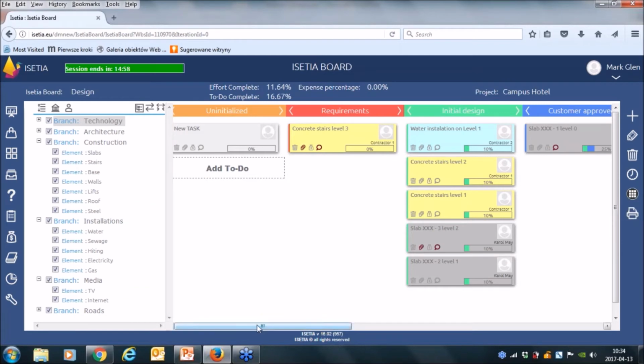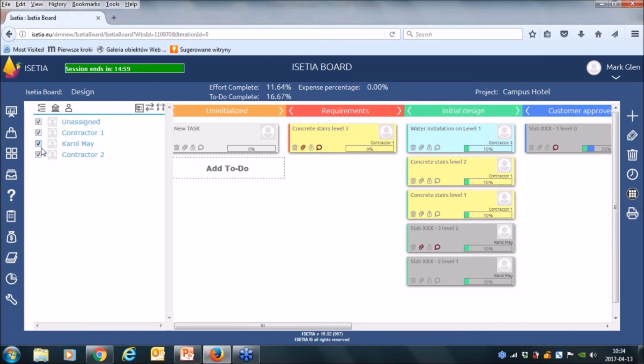So to make it clear, this is the tool for managing all the tasks inside some part of the project. As an example, as you see, we have this design, we have some branches, we have elements, and these are some detailed tasks which are being performed by our resources, by our team members.